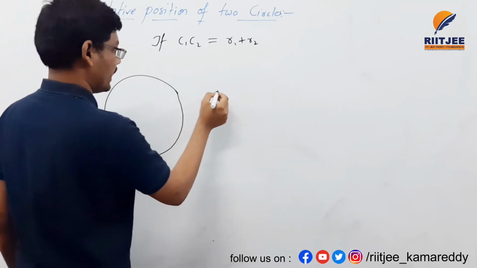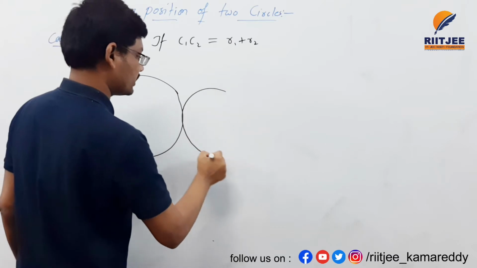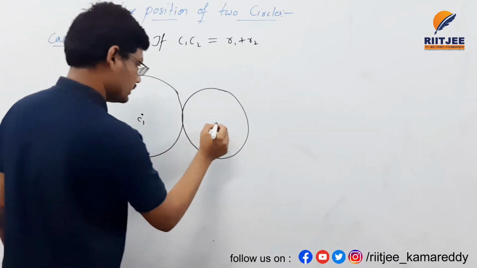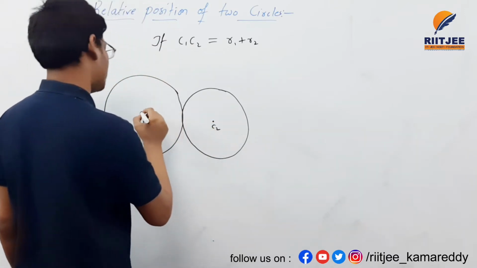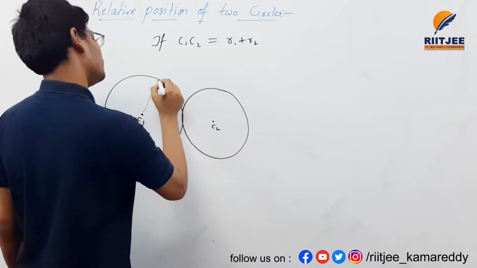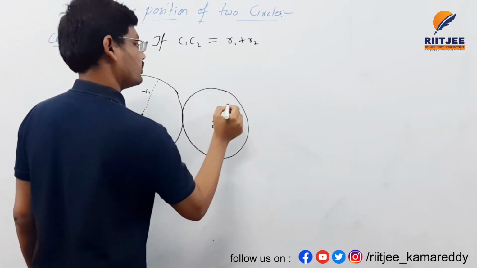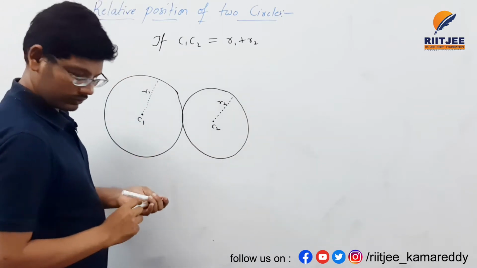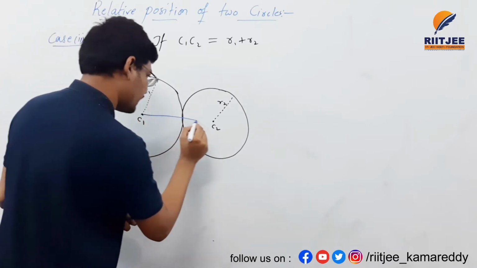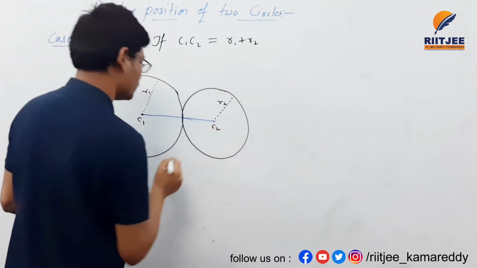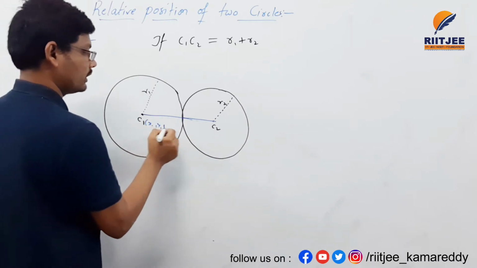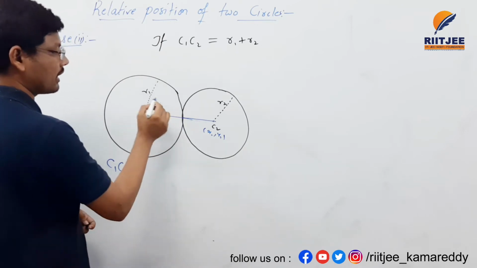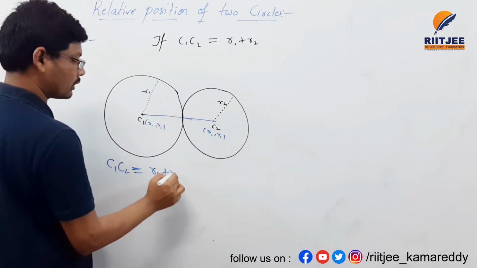This is one circle, and how it will appear if the distance both are equal. This is circle. Here this is C1 and this is C2, and having radius R1, this is R2, and here the distance between C1 and C2, C1 x1 y1, x2 y2, that from the distance formula C1 C2 is equal to sum of radius R1 R2.